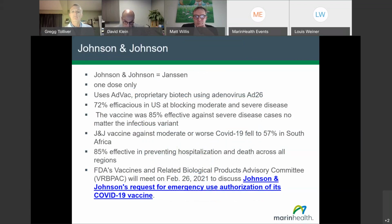You might have heard some about the Johnson & Johnson vaccine, and sometimes it gets referred to as Janssen. It's the same one. And the nice thing about that is it's formulated to be effective at one dose, and it uses a technology that's been around for a number of years, but it's an adenovirus vector. And I want to note that the data we have for the vaccines, almost all of them,